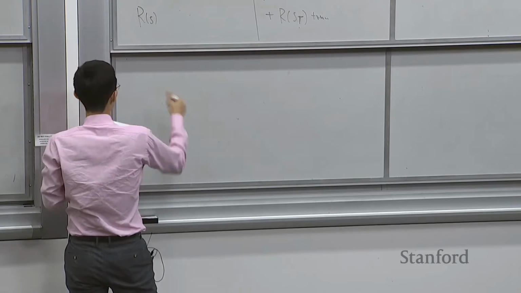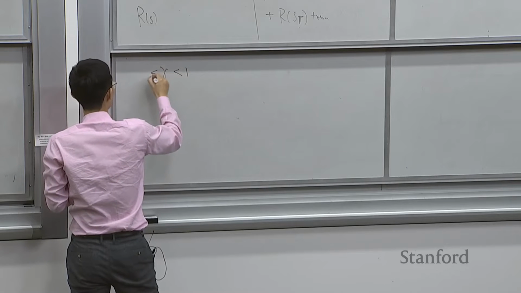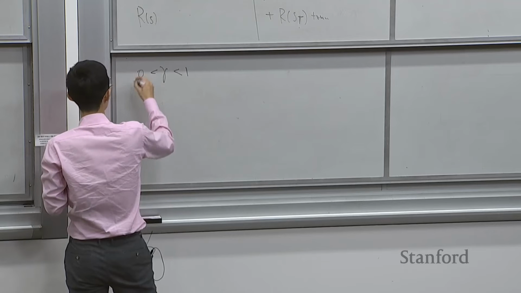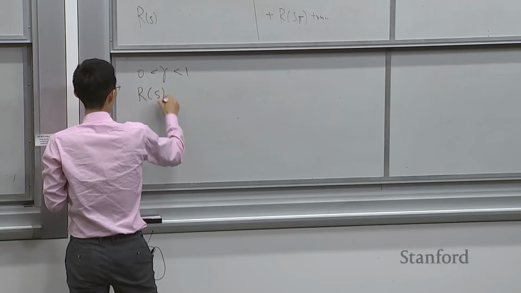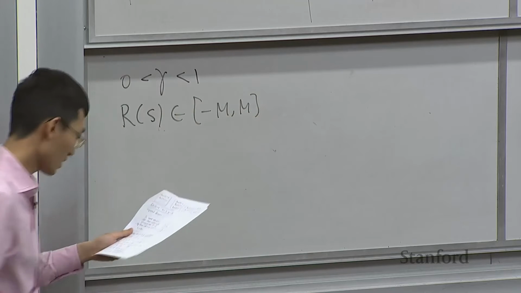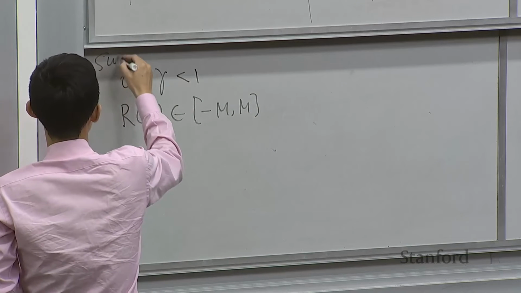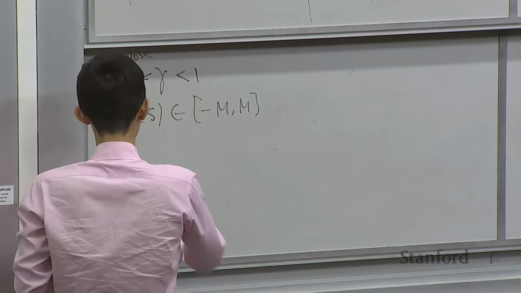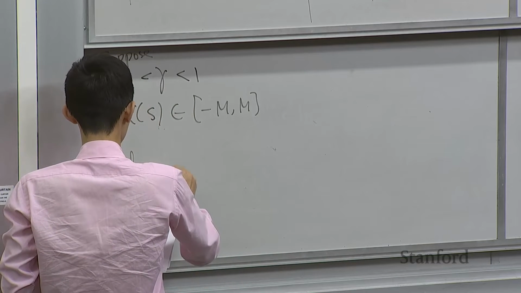So basically, suppose your gamma is less than 1 and bigger than 0. And suppose at each step, your reward is bounded by minus m and m. So suppose you have these two. Then you know that your discounted reward, discounted payoff,